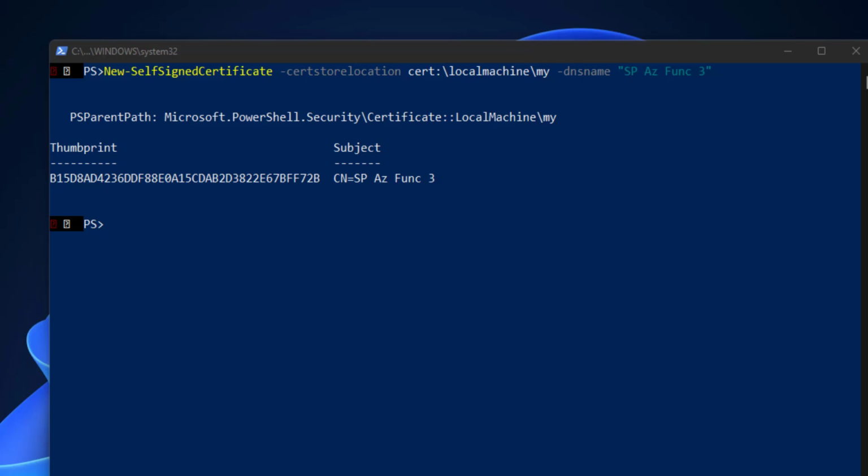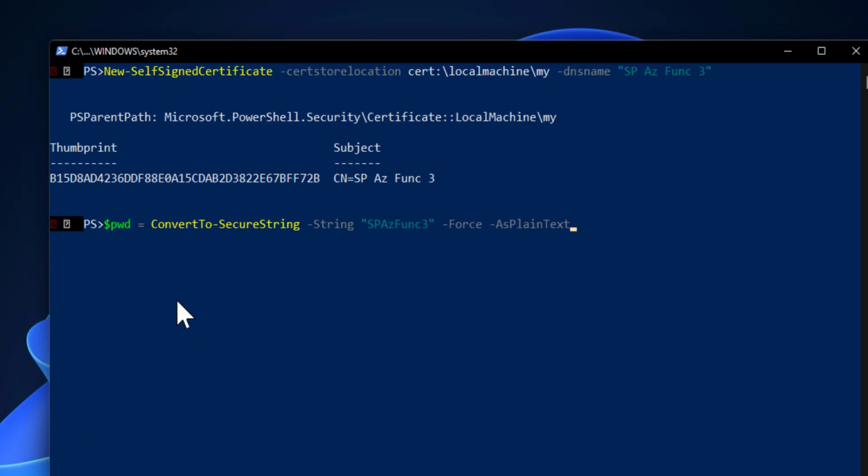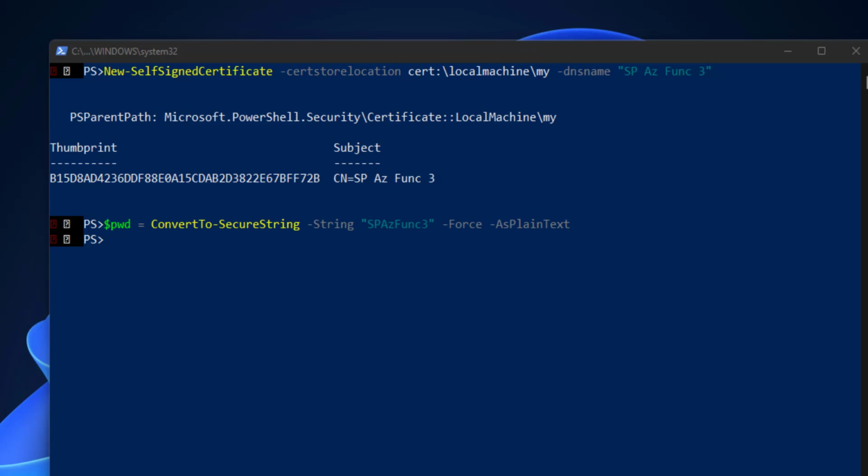So just create a password using this command. I am giving the password as SPAZ function 3, and I am storing it in the variable pwd. Next, using the thumbprint, I am going to export the certificate which is created, using this password.